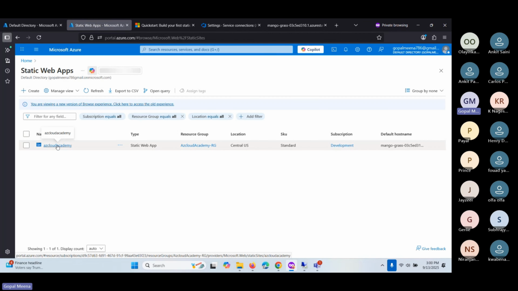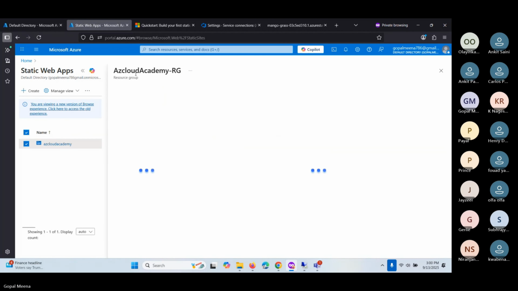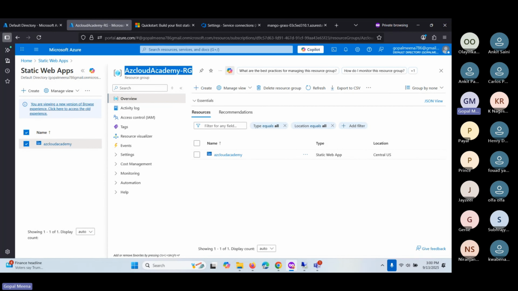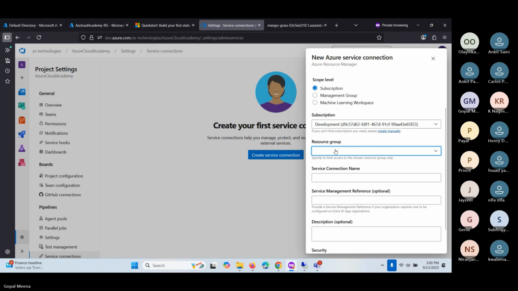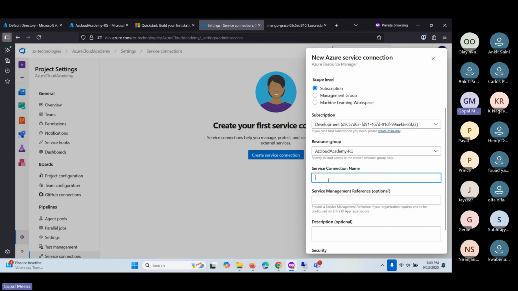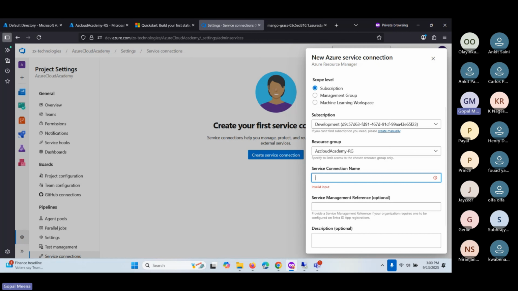Static Web Apps, Azure Cloud Academy. Yeah, this is the one. This is the resource group I have, right? Azure Cloud Academy RG, then service connection name. So I'm just saying Azure